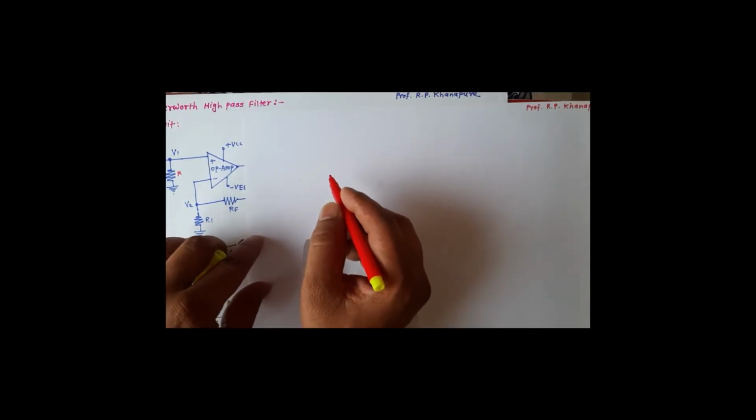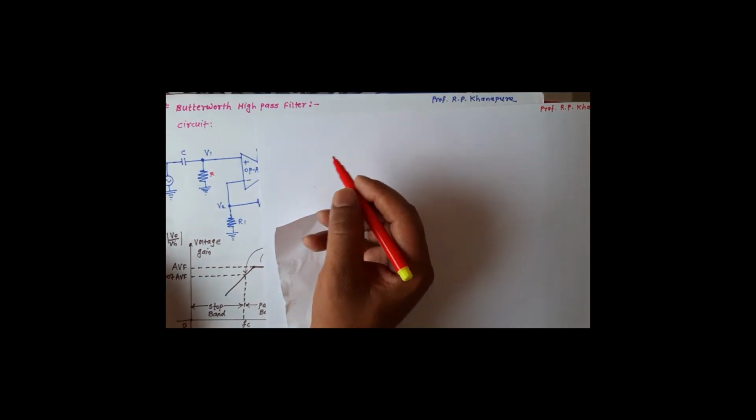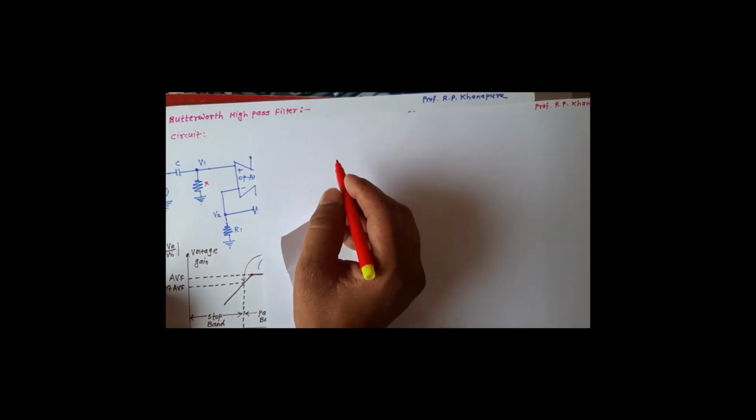To derive the voltage gain of the high pass filter, first we have to derive the equation for v1. Equation for v1. After that we will find the output voltage v naught and its ratio v naught by v in. So to find this v1,